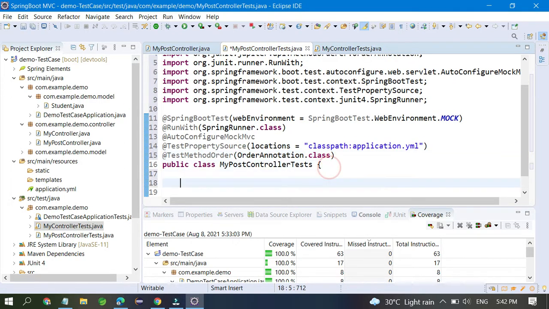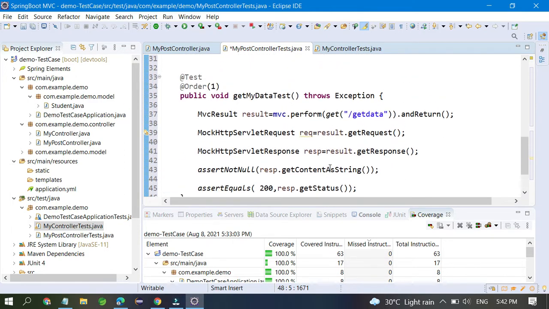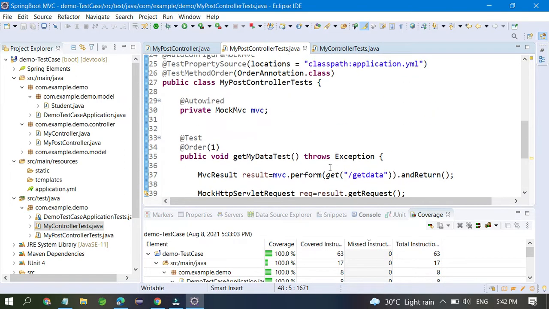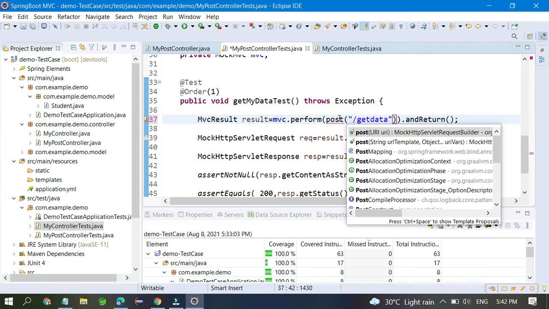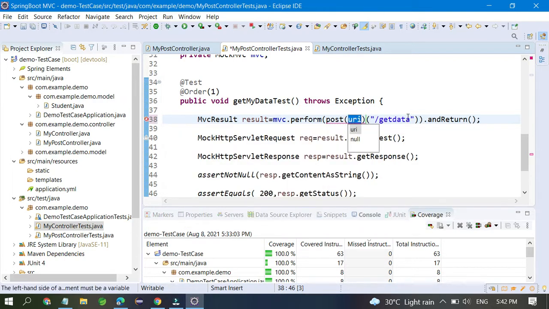Everything is fine. But the need is that you have to call this method with post. So just write post, and the URL is something like /post. Okay, fine. Inside the post you have to write something like accept media type.